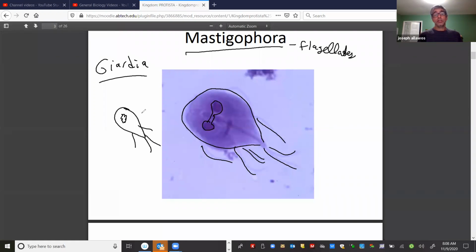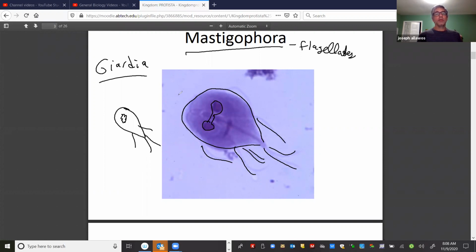They suck nutrients directly from the intestinal wall. And as you could imagine, this is very insulting to your gastrointestinal tract, and you're going to have chronic diarrhea and cyclical chronic diarrhea,